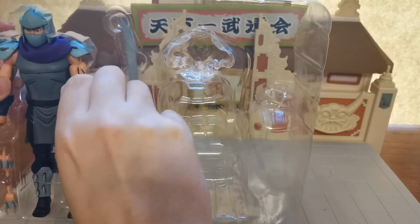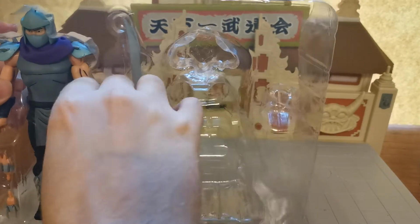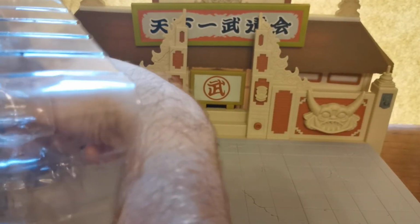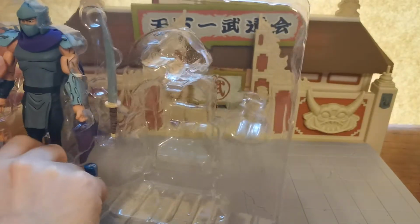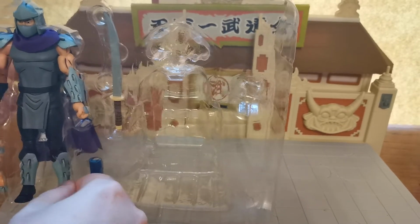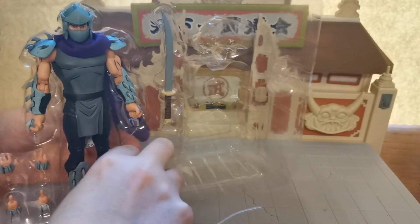But ever since then, I always thought that Shredder was amazing. And in the 2003 series, they really doubled down on that, that Shredder was the strongest of the Foot Clan and everything. And I always remember the 2003 computer game that the end boss was Shredder, but there was a secret boss that